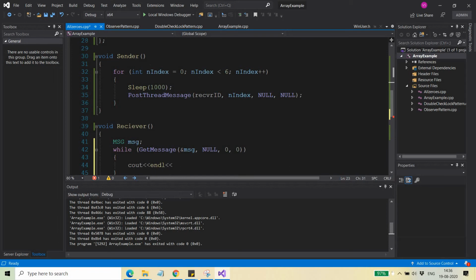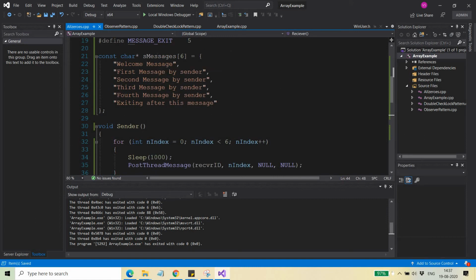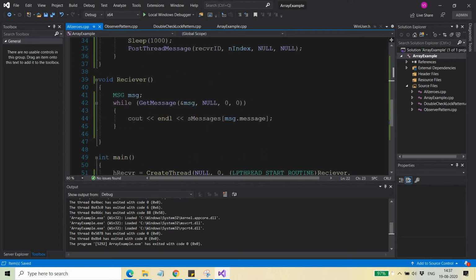So I will use the message which has been sent by the sender to display these messages. So I will write sMessages and msg.message. msg.message is 0 at first, so it will go to the 0th index of sMessages, and it should print the welcome message, and then it should print first message, second message, third, like that, right?